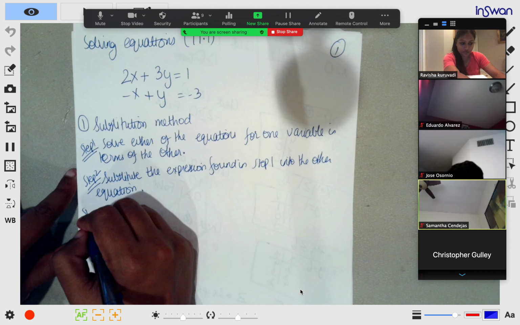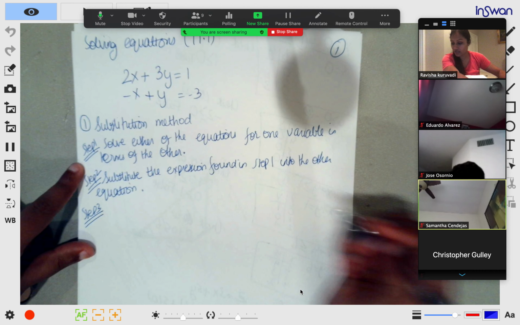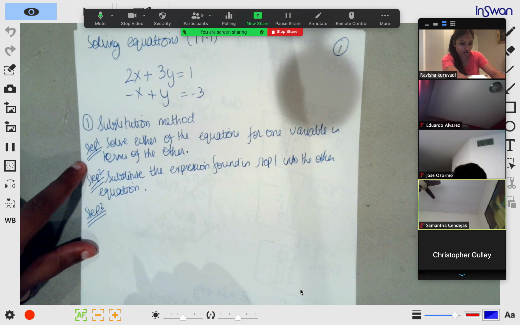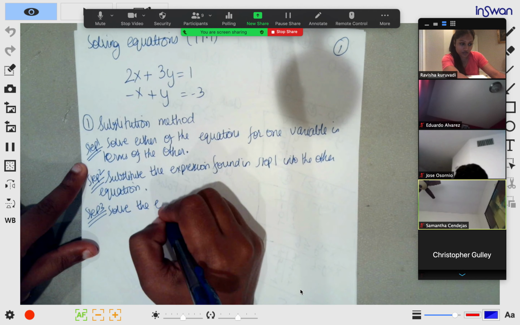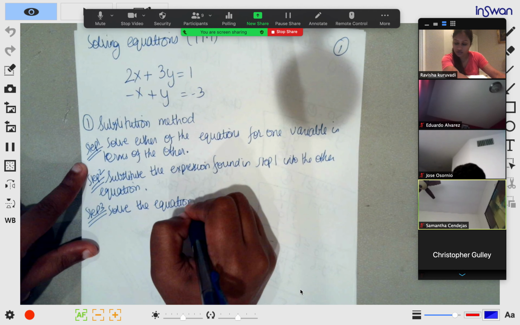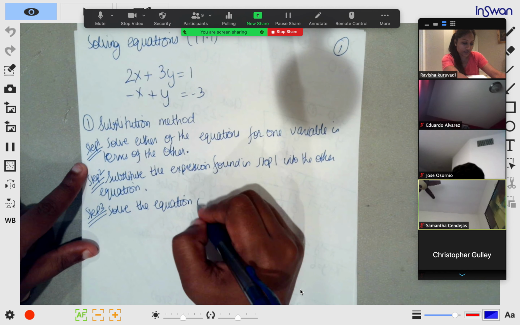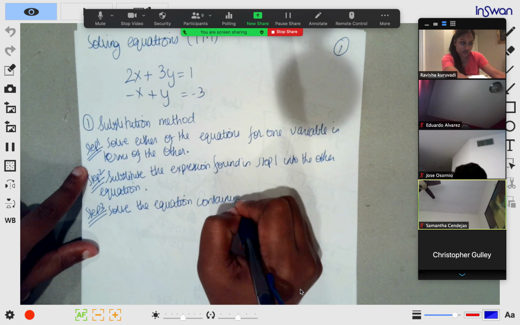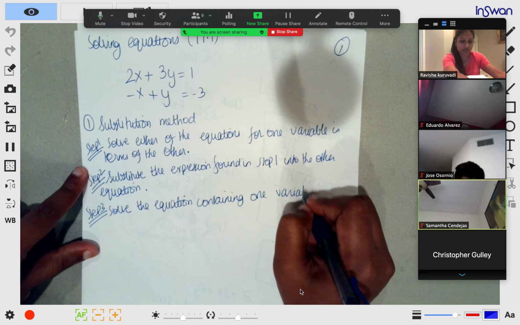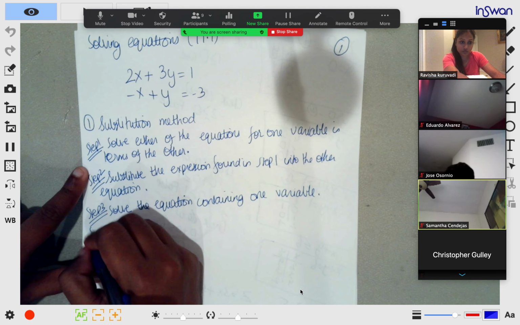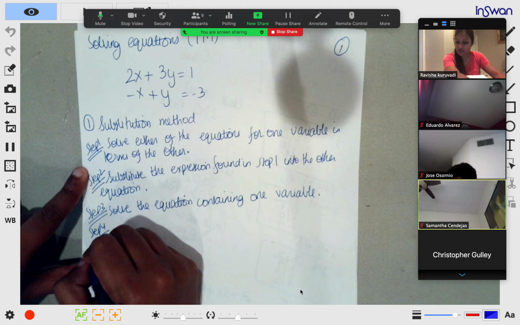Step 3 is solve the equation containing one variable. If you don't understand my handwriting, please ask me. Step 4 is